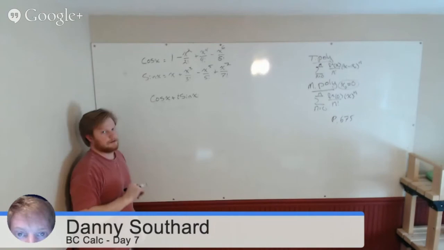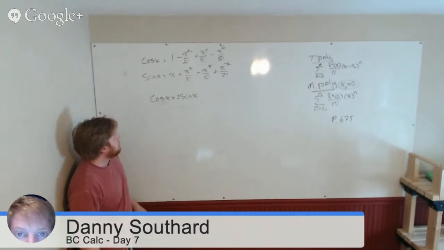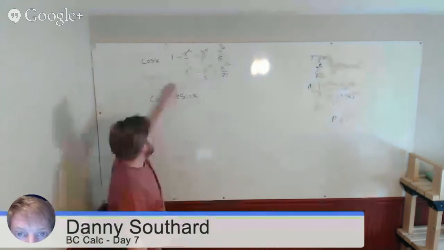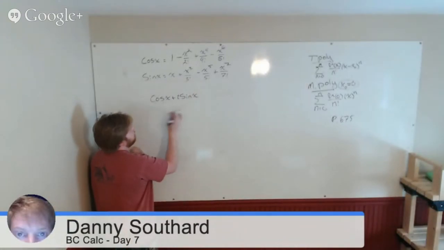I stuck an i in there. That's the imaginary constant, square root of -1. Well, I'm going to take every term of this and add it to every term of this. This is going to be multiplied through by i. So I have a,